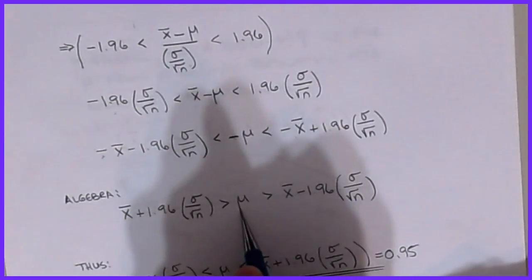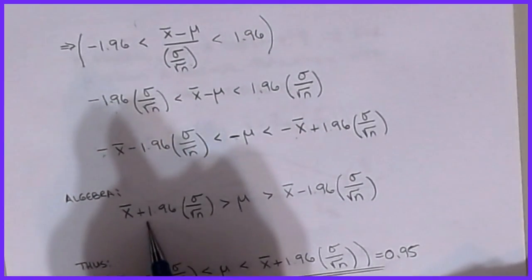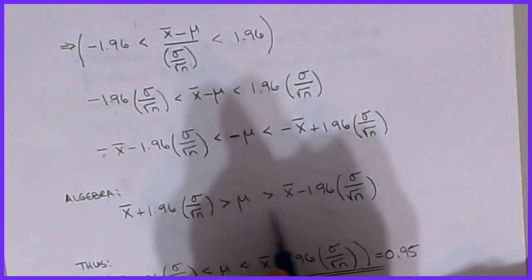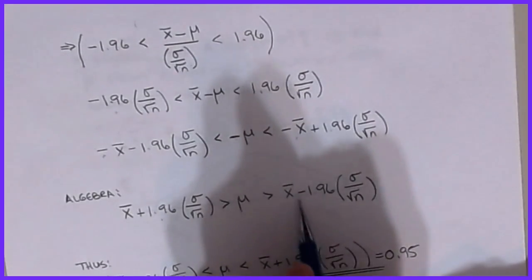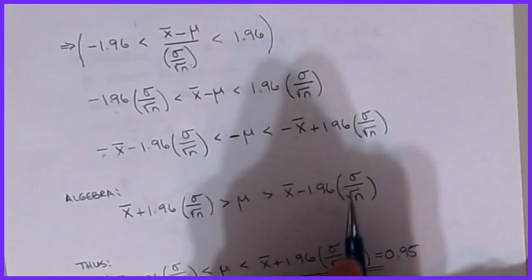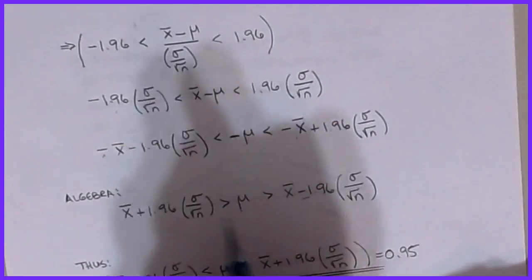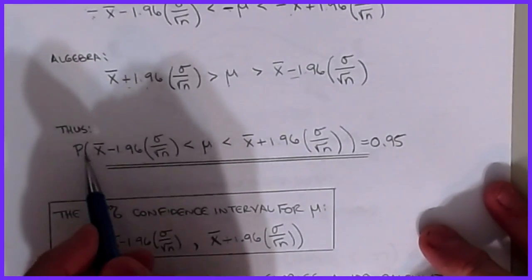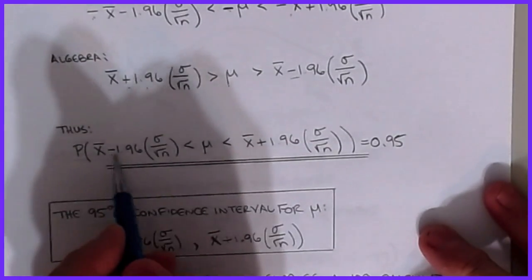Okay, and so I'm going to have mu is going to be less than x bar plus 1.96 sigma over square root of n, and mu is going to be greater than x bar minus 1.96 times sigma over square root of n. So the only difference between both sides of this has to do with that plus and minus sign in our calculation. All right, so then what that means is that the probability of mu falling between these two